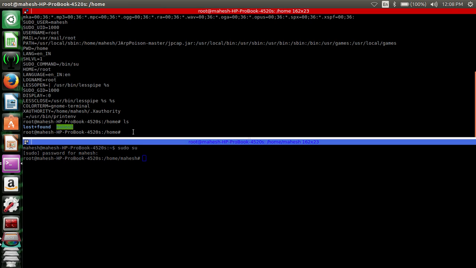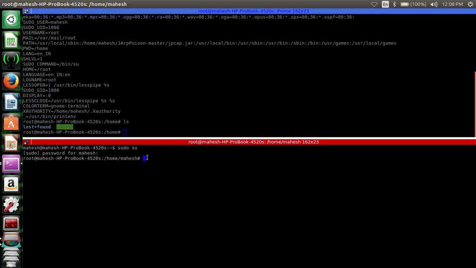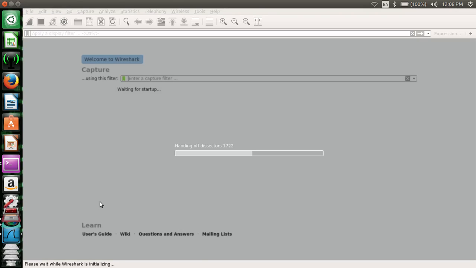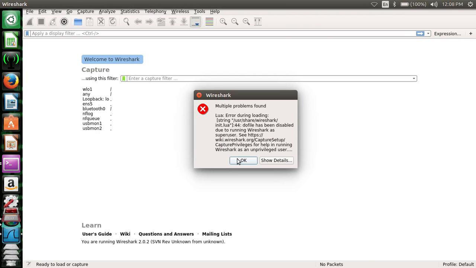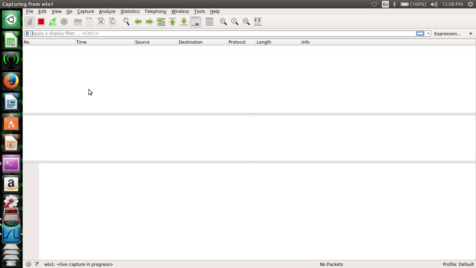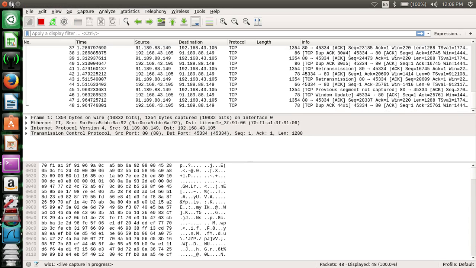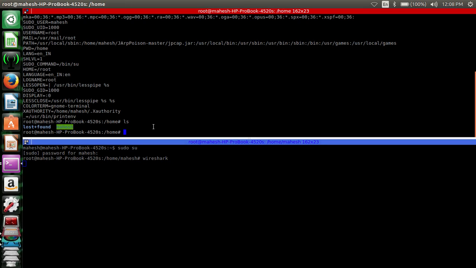We will be requiring Wireshark to trace the packets. Let's open Wireshark. I will be telling you how to install Wireshark after this. Yeah, it's opening. You can see Wireshark here. Wireshark will trace all the packets. So I have started the tracing of packets, and you can see different packets here. This is the command to install Wireshark: apt-get install. If it's not already installed, then you have to install it. I have already installed it, so let's get back to the work. Wireshark will definitely be required for this tutorial.